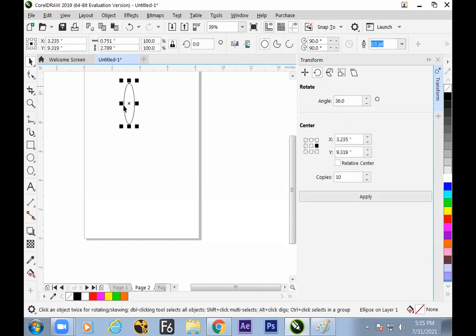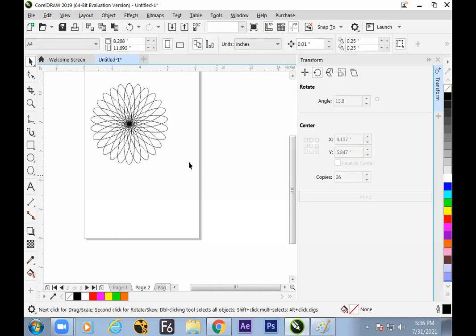Draw your design. Switch the reference point. 26 copies required, and divide 360 degrees by 6. Hope we have understood how to make a complex design with the math.